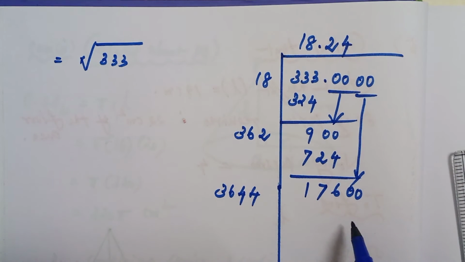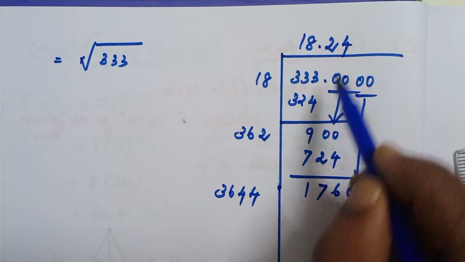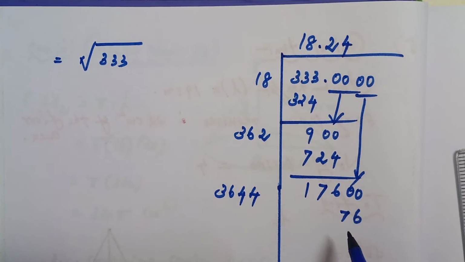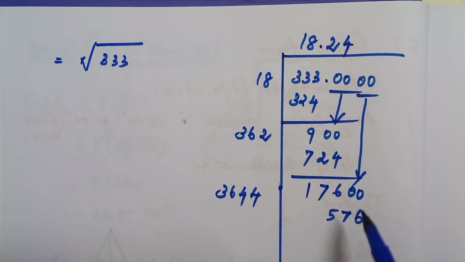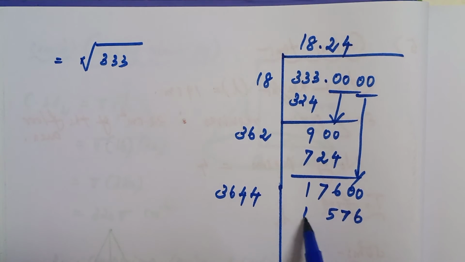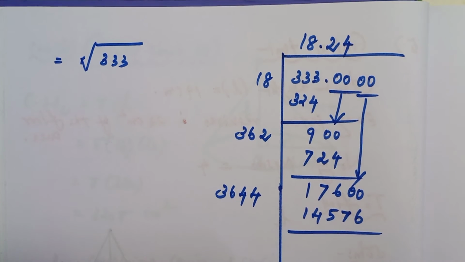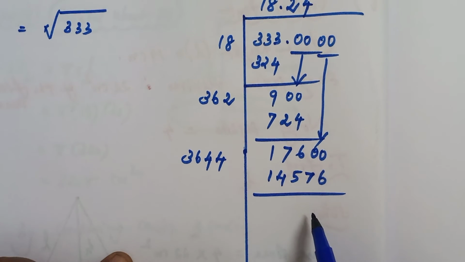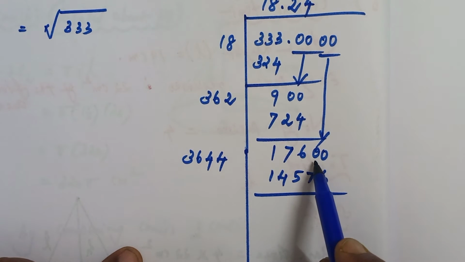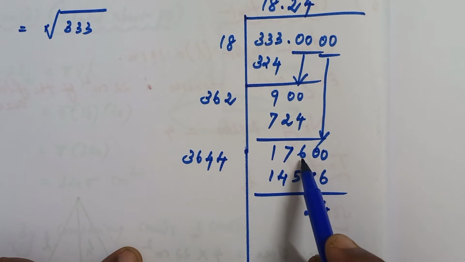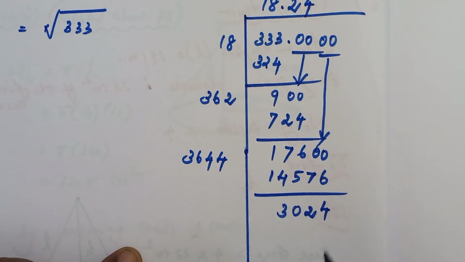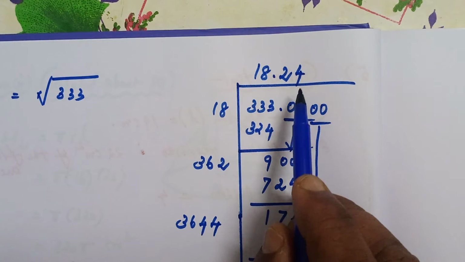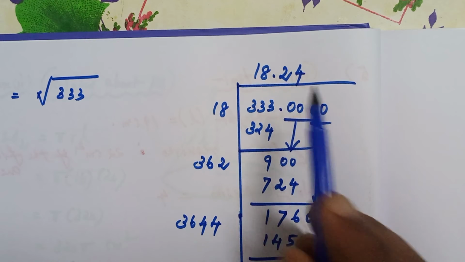4 4s are 16. Balance 1. 4 4s are 16 plus 1, 17. Balance 1. 4 6s are 24 plus 1 is 25. Balance 2. 4 3s are 12 plus 2, that is 14. Now we can subtract. 10 minus 6, that is equal to 4. 9 will be there. 9 minus 7 is 2. Here 5 will be there. 5 minus 5, 0. Here 7 minus 4, 3. 1 minus 1, 0. Look at that, 3 6 4 4. Here 3 0 2 4 only. So no chance of taking 5. So I have taken 4.